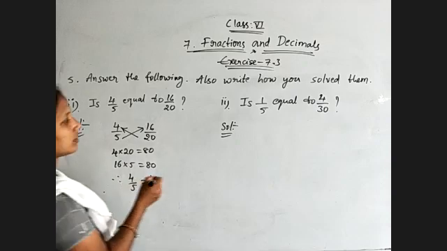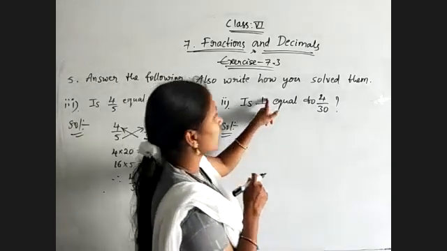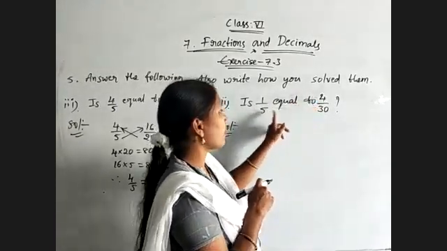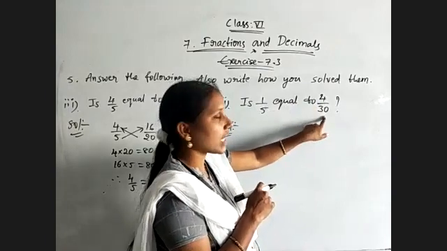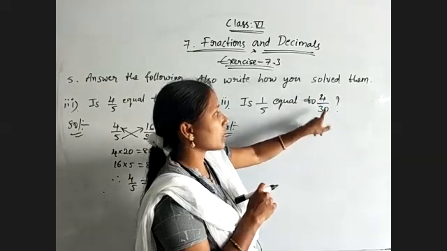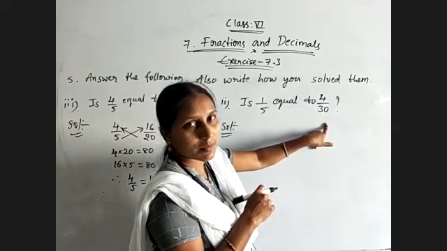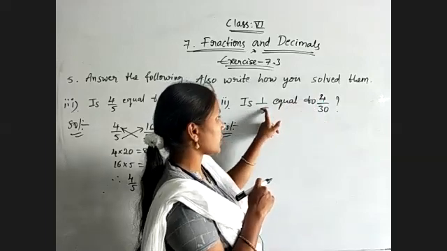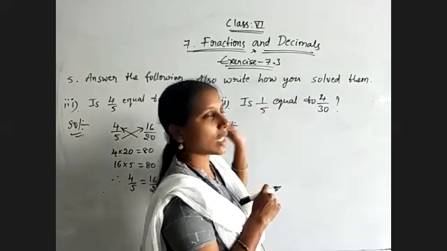That's it. Now this one. One table, 1 4s are 4, then 5 4s are 20 we must get, but 30 is given. So 2 2s are 2, 15s are 2 by 15, it's a simplified form, but 1 by 5 is the actual form. So both are not equivalent.